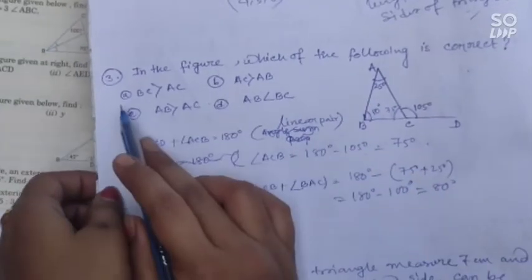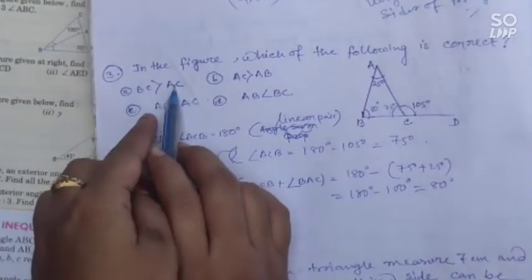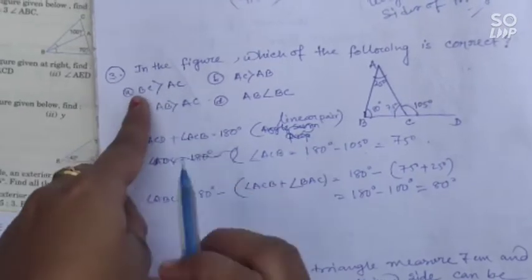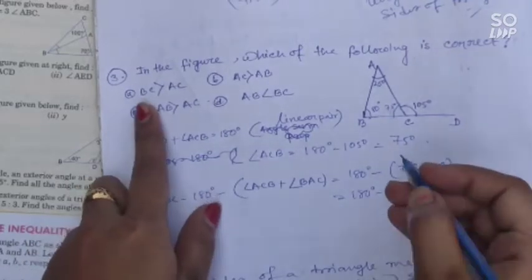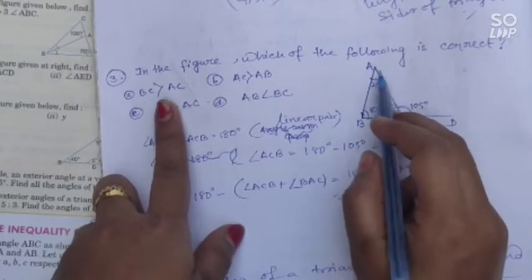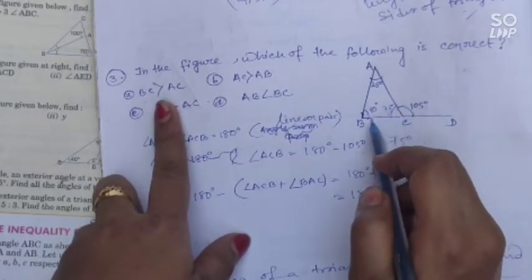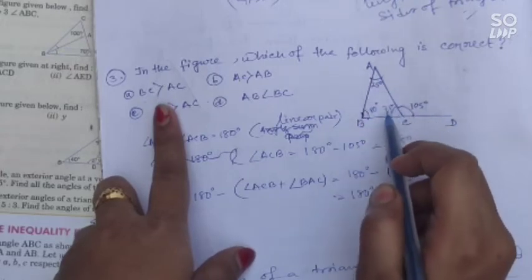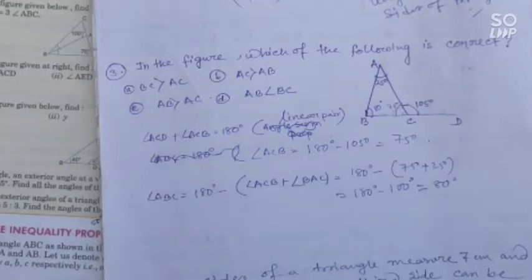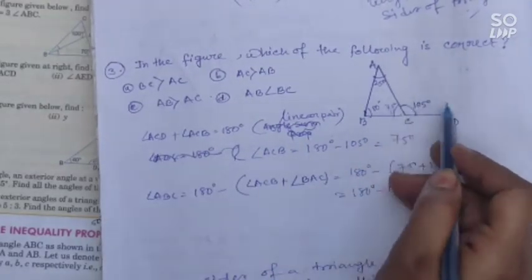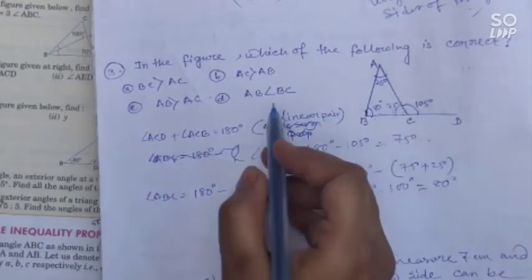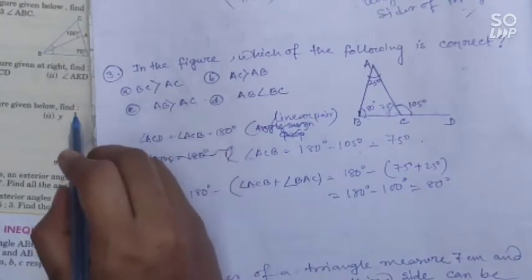Let's check the options. BC greater than AC. তাহলে BC আর AC এর মধ্যে কোন সাইডটা বড় হবে সেটা ফাইন্ড আউট করার জন্য আমাদের BC এর অপোজিট অ্যাঙ্গেল দেখতে হবে। BC এর অপোজিট অ্যাঙ্গেল 25 ডিগ্রি, AC এর অপোজিট অ্যাঙ্গেল 80 ডিগ্রি। সো আমরা দেখতে পাচ্ছি the angle which is opposite to AC is greater than the angle which is opposite to BC। আমরা দেখতে পাচ্ছি যে AC এর অপোজিট অ্যাঙ্গেলটা BC এর অপোজিট অ্যাঙ্গেল থেকে বড়, তাহলে কি হবে? AC টা বড় হবে, বাট ইন দিস অপশন ইট ইজ গিভেন দ্যাট BC ইজ গ্রেটার দেন AC। দিস ইজ নট